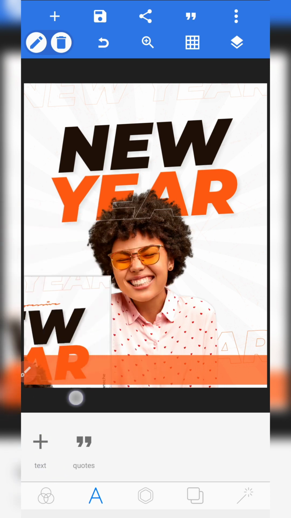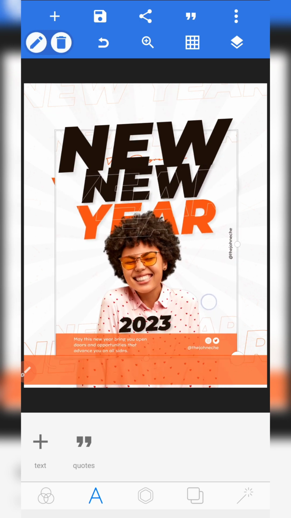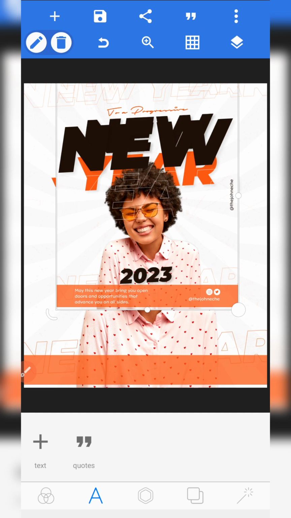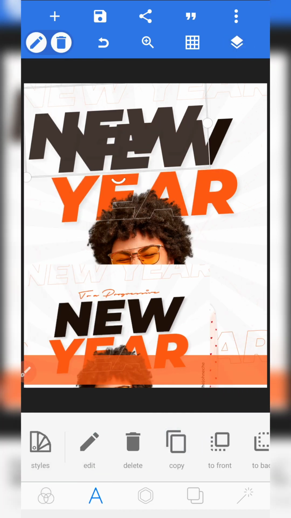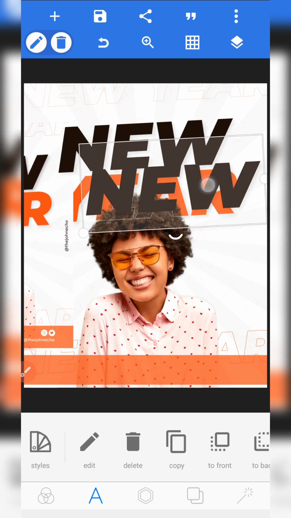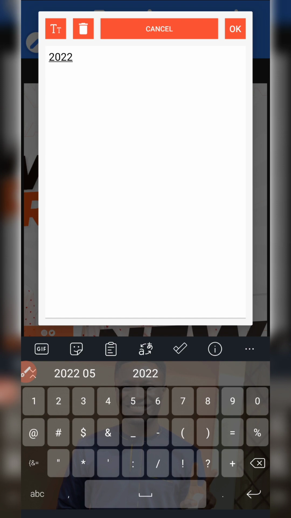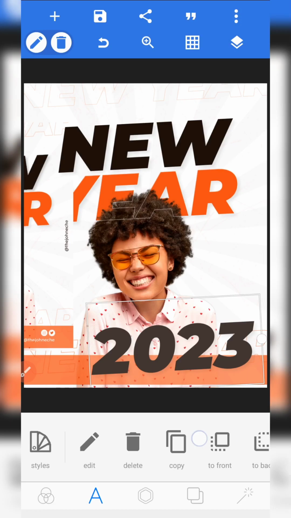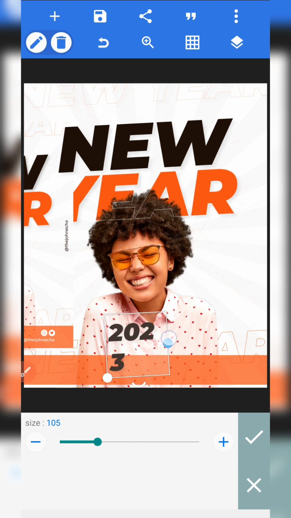Okay, so you see that we're configuring this design to give us exactly the feedback of what we've got here. Amazing. Now the next thing I want us to do is to add this 2023. So let's select new, copy it, and I'm going to bring it down here. Add 2023. It's a very easy design and it shouldn't take you so long, but this is a practical, this